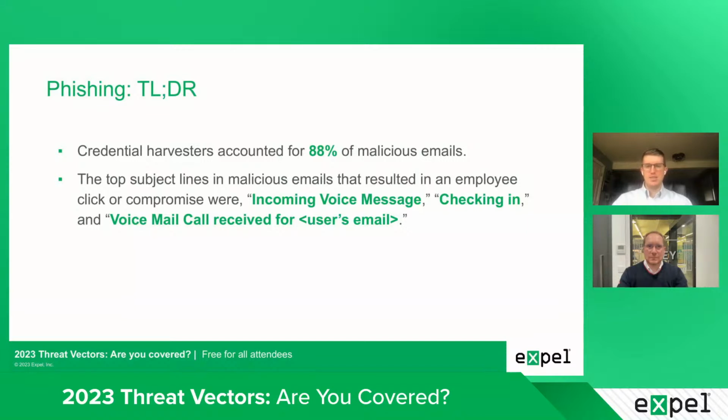So the TLDR for phishing is, for successful phishing attempts, so actual compromise that we saw resulting from malicious emails, 88% were tied to credential harvesters. If we think back to our earlier conversation about business email compromise and business application compromise, this makes sense. Attackers use credential harvesters to get the credentials to perpetuate those campaigns. This is the vast majority of the time how the attackers actually gain that information in order to perpetuate those campaigns. Our data shows that this is nothing new. There are new variations, but it falls in the same vein of